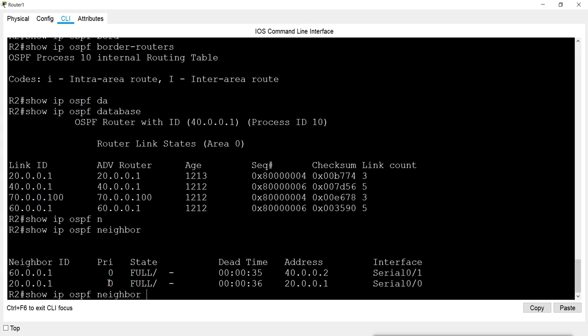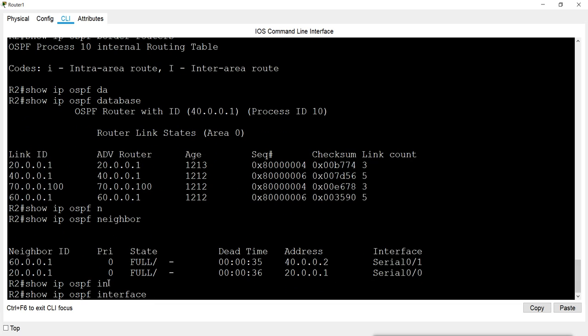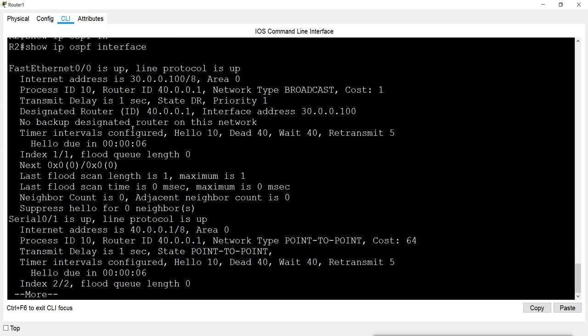Then we can check the information about interfaces. This is showing the information about the interface, like FastEthernet, it is up, line protocol is up. The address, which area this interface is in, what the process ID is, what the router ID is, the type of network, the cost of that interface, and the designated router.